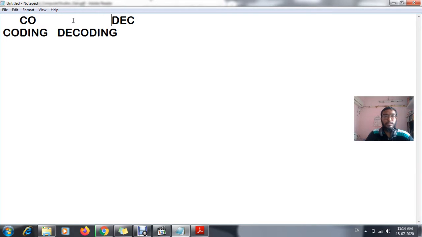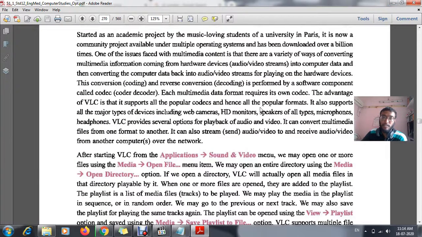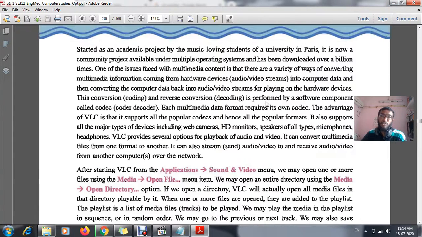These two terms together form what is known as your codec function. That means the coding and decoding functions. Understood? This is the first topic for today, that is your VLC Media Player. The full form of VLC is Video LAN Client.